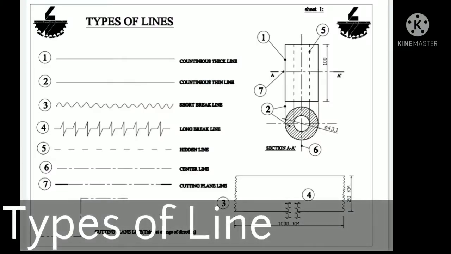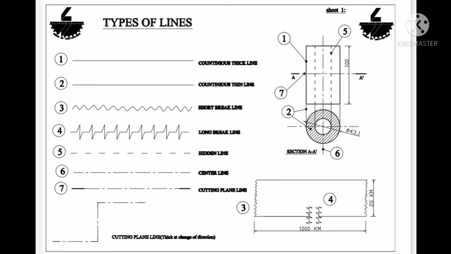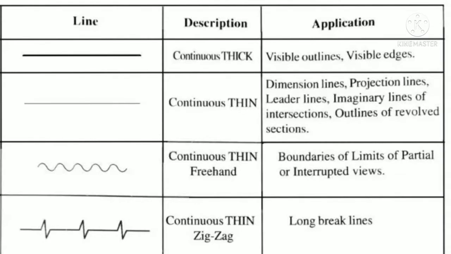Now we will discuss the types of lines. For general engineering drawing, the types of lines are recommended by the BIS, that means Bureau of Indian Standards. There are different types of lines used in engineering drawing, such as continuous thick line, continuous thin line, continuous thin freehand or short break line, continuous thin zigzag or long break line,